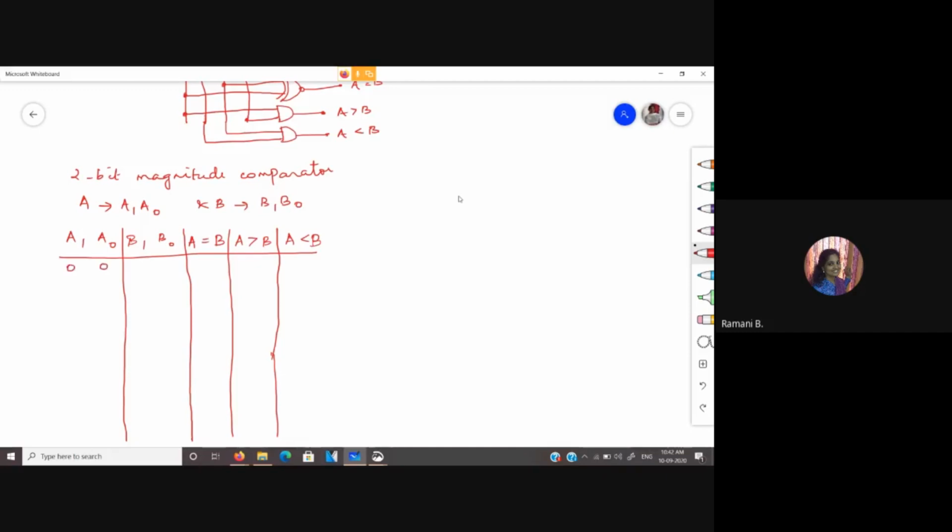So here with A1, A0, B1, B0, you write the entire 4-bit combination for this one.